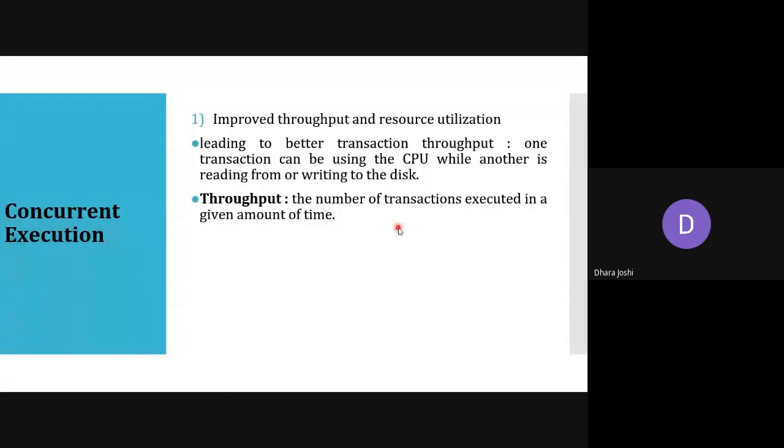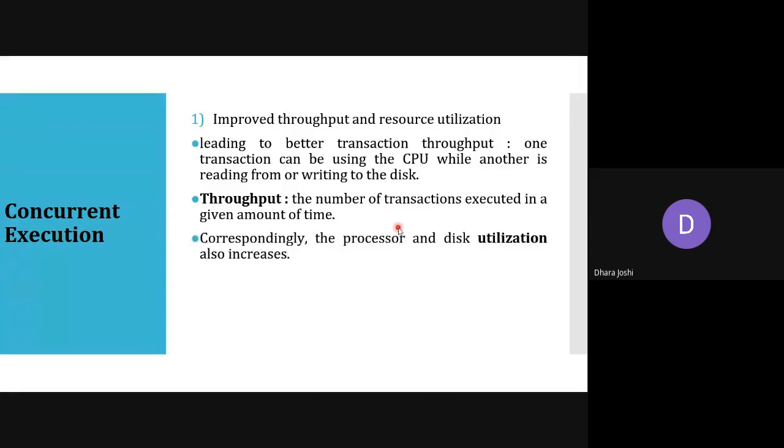It is possible that one transaction is using the CPU, doing some calculation, while another transaction is taking or putting a value into the disk, that means the database. Like I am going to an ATM and it asks how much money I want to withdraw. Whenever I give the reply, it is called input output. So some of the time the CPU is working by itself, or sometimes the machine takes the value from us, and whatever value we have entered, it will verify with the account status. So it will also take some time.